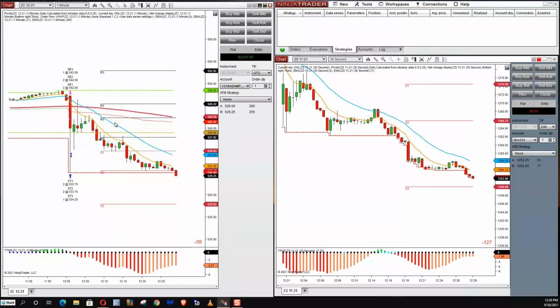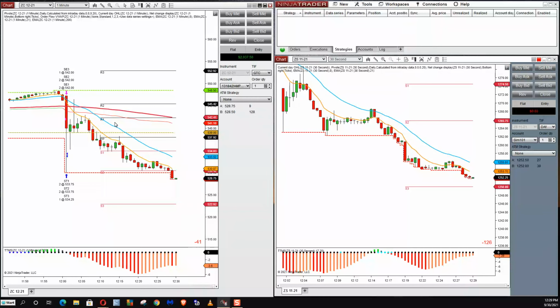So what I did, I said that I didn't want to be greedy, and I wanted to be as safe as possible, because I know that corn and soybeans can freeze the market, right? So I traded an extra contract on target 1. I traded 2 contracts. I traded an extra contract on target 2.